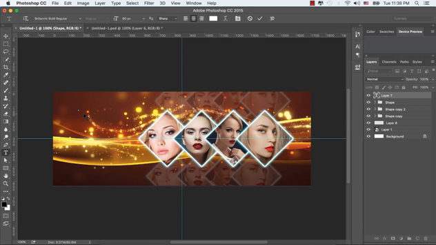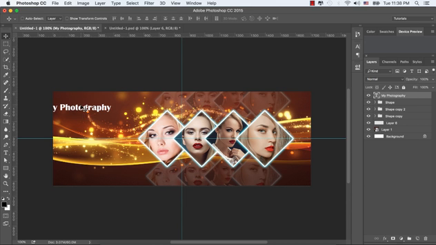And let's press the T key from the keyboard, or select the T from the toolbox, in order to write the text, and write my photography.